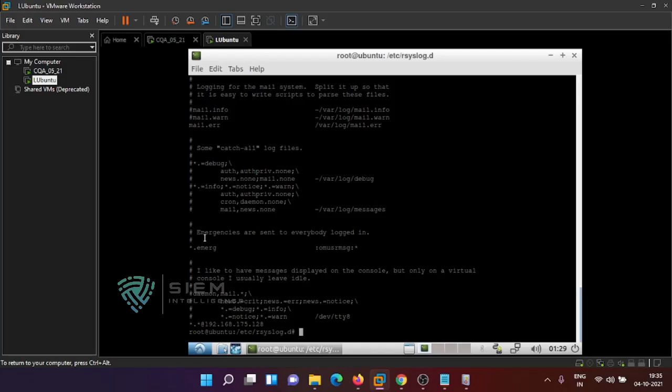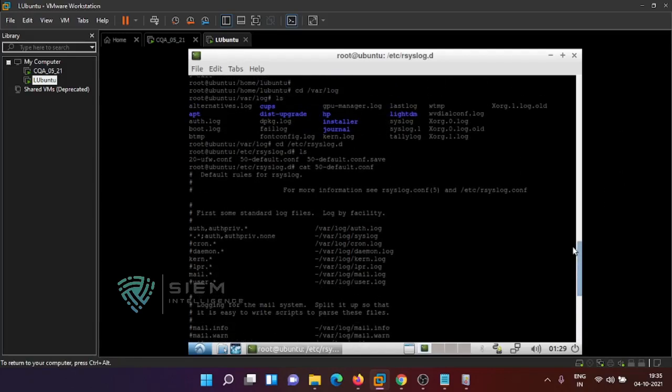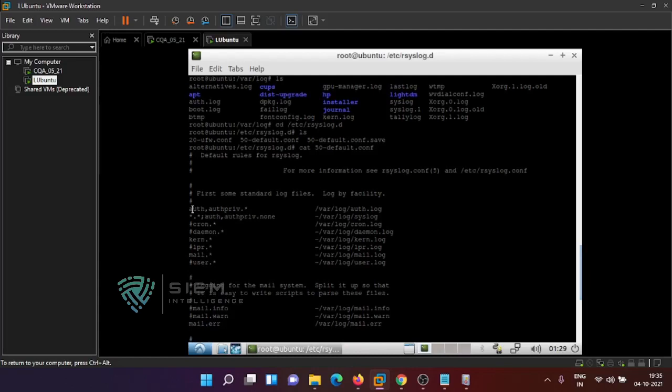If you look properly one by one, by default it says auth,authpriv.* which means authentication and authorization privilege logs.